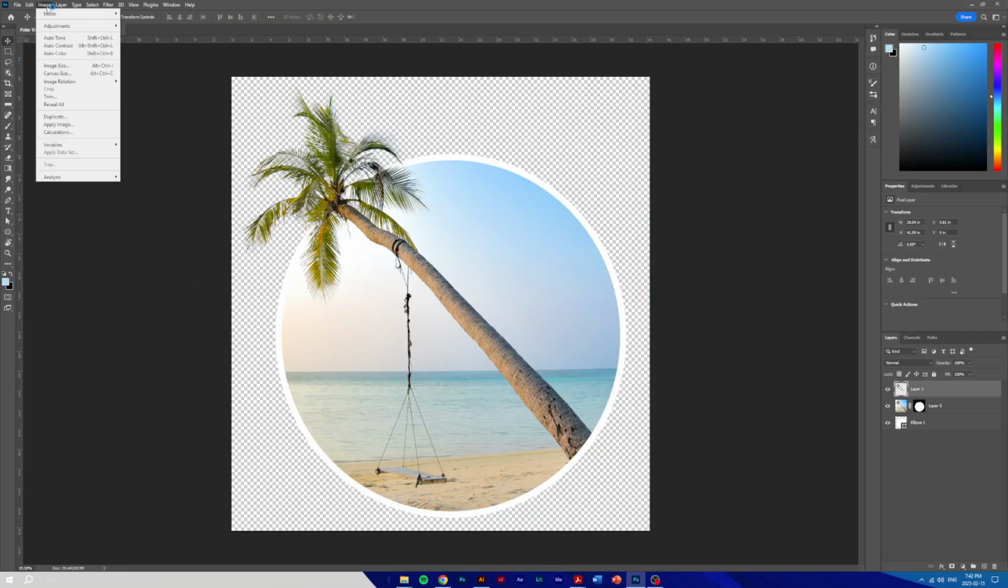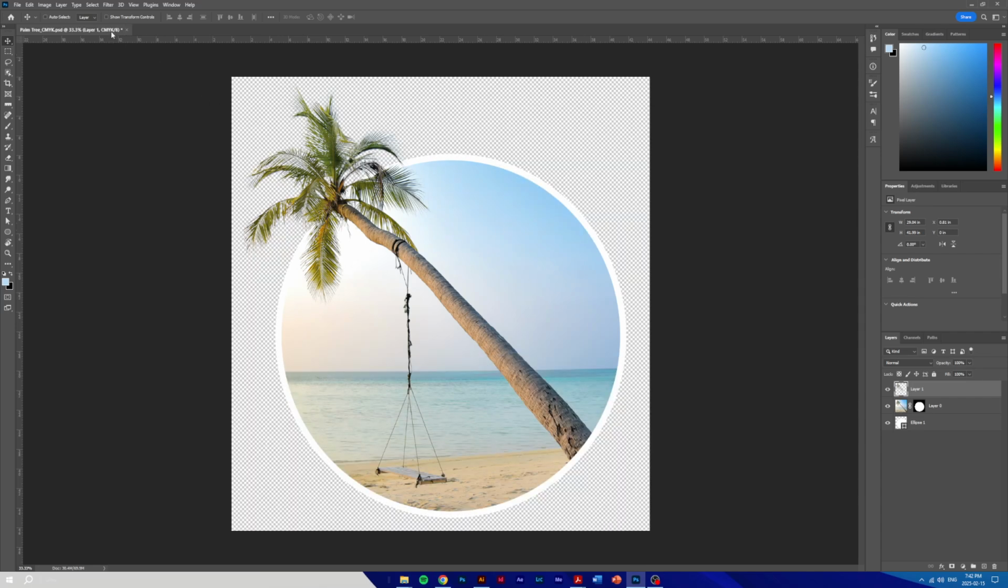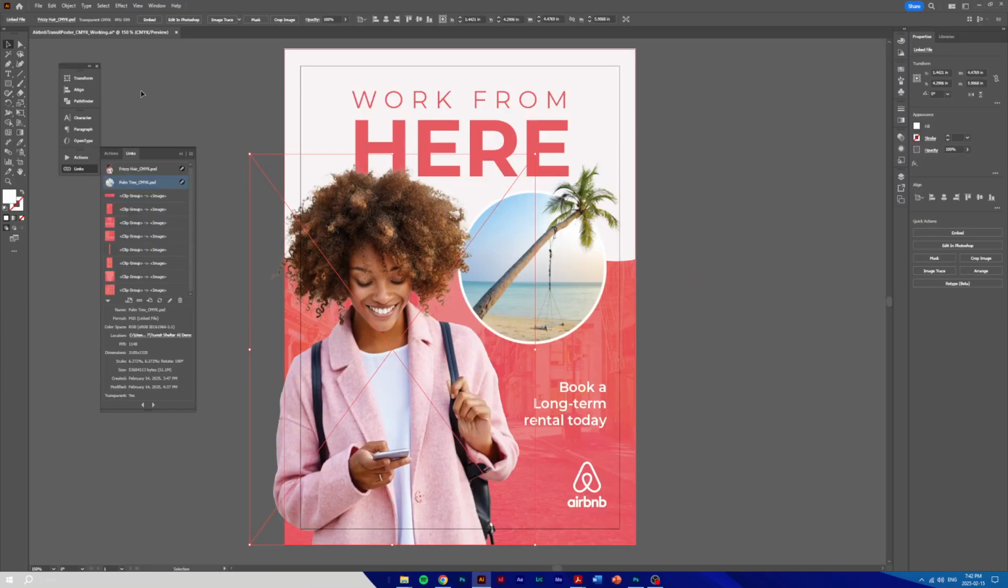And I'm simply going to go up to Image, Mode, switch it to CMYK. I do not want to merge anything, and I'm going to go ahead and hit OK. That changed it to CMYK. So I'm going to hit Control S to save. And now when I jump back into Adobe Illustrator,